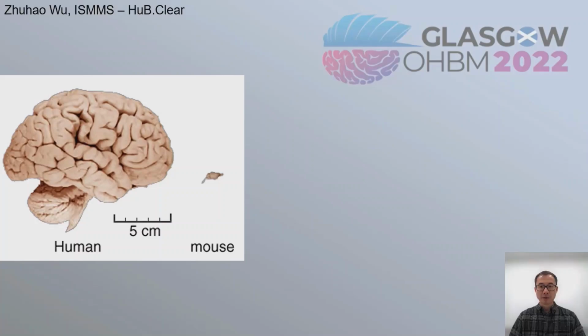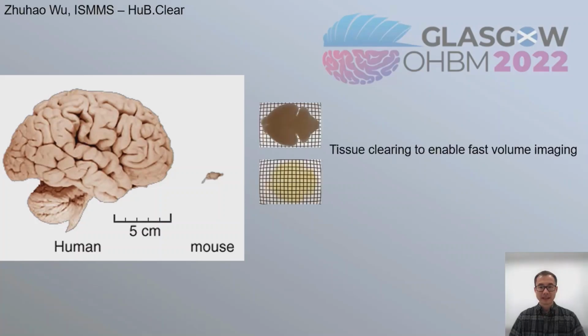Even the relatively small mouse brain is not that easy to study in its entirety. We have been developing and applying tissue clearing techniques to make it fully transparent, as you can see here, so we can acquire fine details inside using fast light sheet imaging without the need of physical sectioning and laboratory construction. If we can scale this fast approach to the entire human brain, then we can hope to finish within a